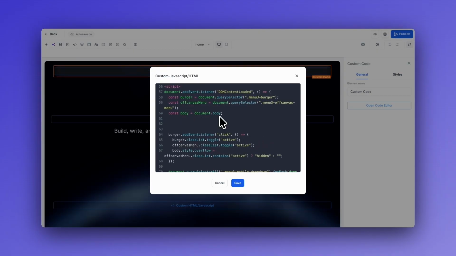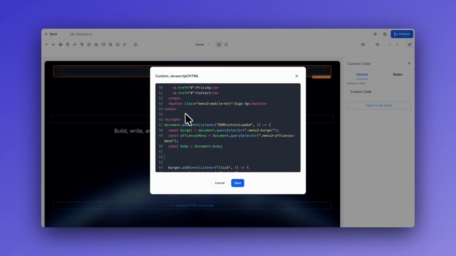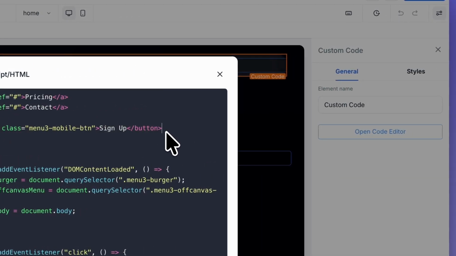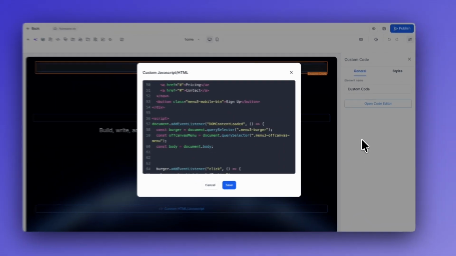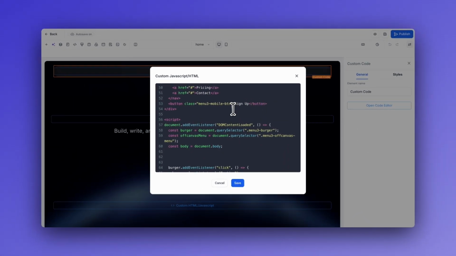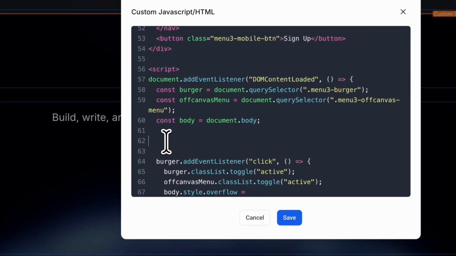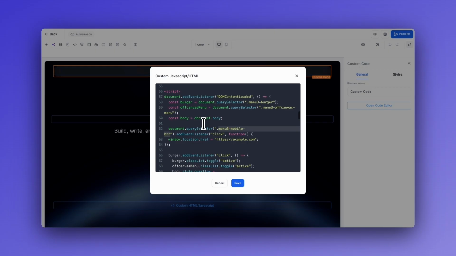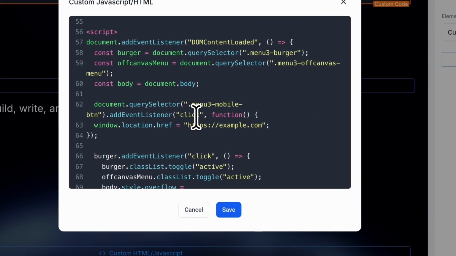One thing that I almost forgot to show you is how you can actually add actions to your buttons. Because this is a custom button, you can't really use the GoHighLevel UI in order to add actions to your buttons. So one way of doing it is by adding an event listener inside JavaScript, and that will look something like this. Basically, you select your button. Here is where you select your class, for example, menu 3 mobile button, exactly this one, and then you add an event listener, which in this case will be a click,